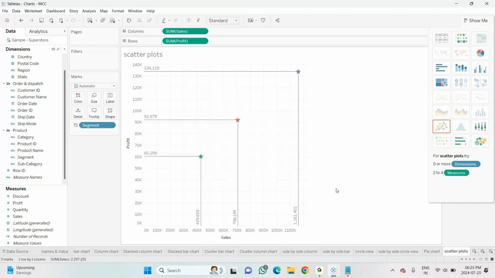So always it will be displaying the drop lines as well as the sales and the profit value. Okay, try this. Done, ma'am.